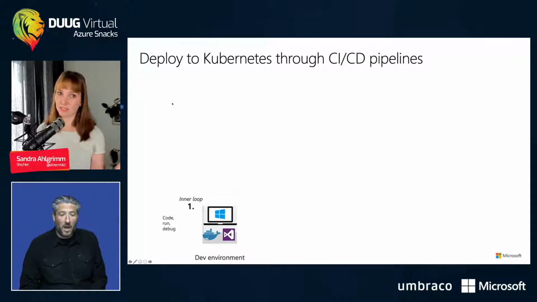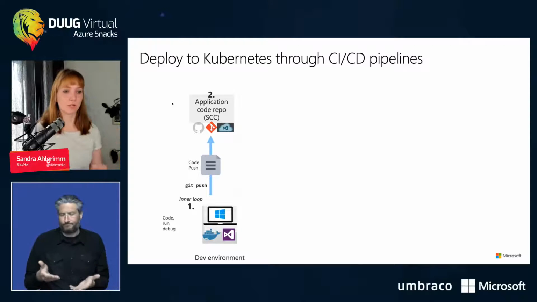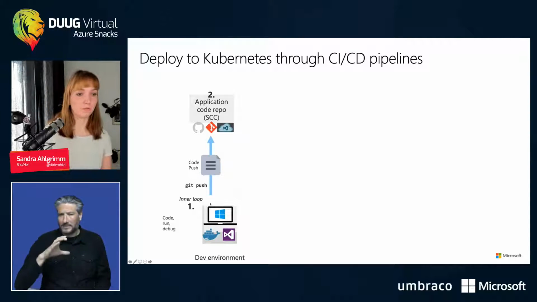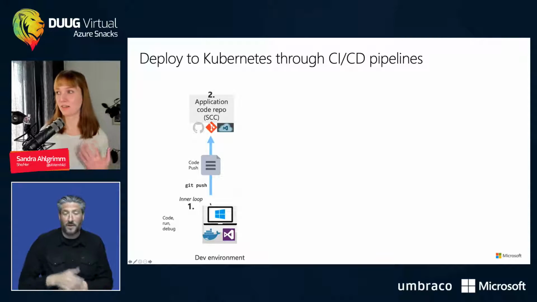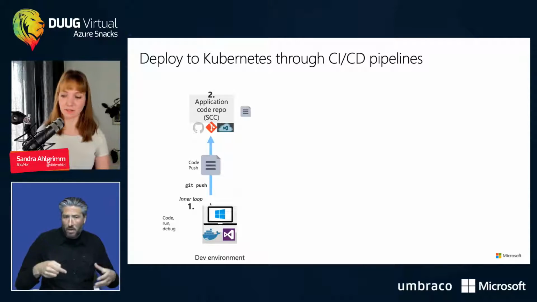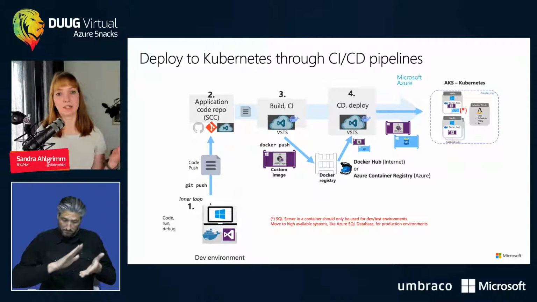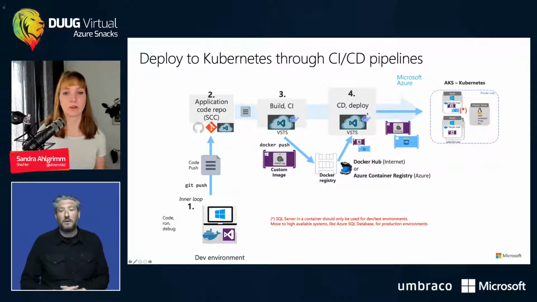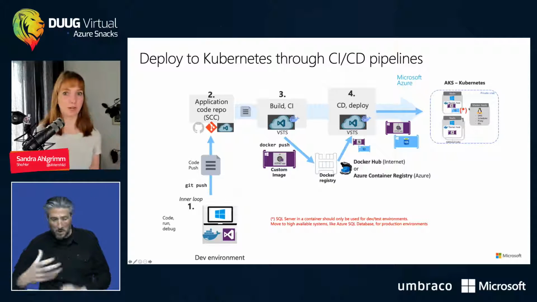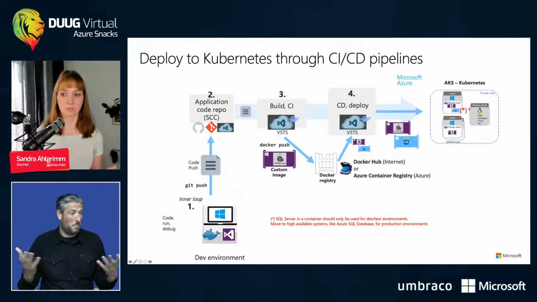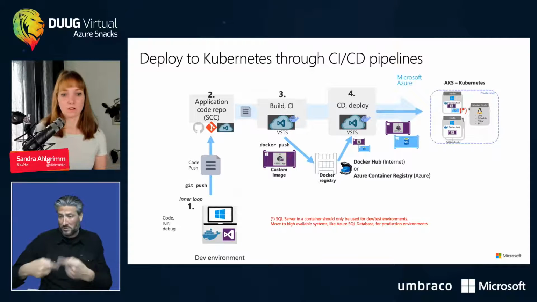So the deployment is through CI/CD pipelines. It can be Kubernetes or app service or whatever. So usually what you do on your dev environment, you code, you run, you debug. You can even debug in containers. It's available for every IDE as well. And then you build, push the image to the container registry, and then the continuous deployment pipeline will pull the image from the registry and then run it somewhere. Is it app service, Kubernetes, whatsoever? Okay.